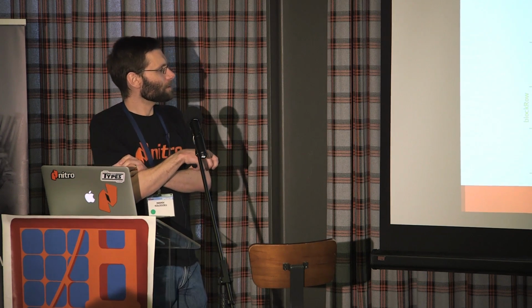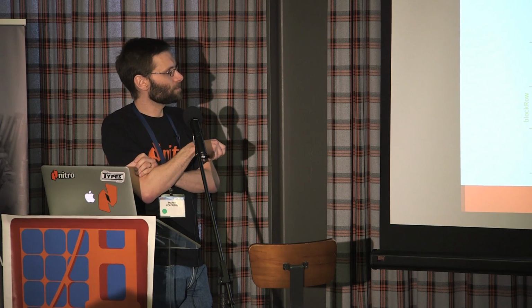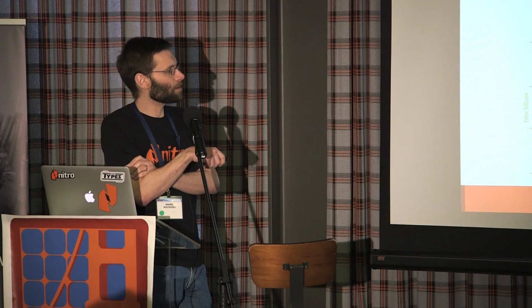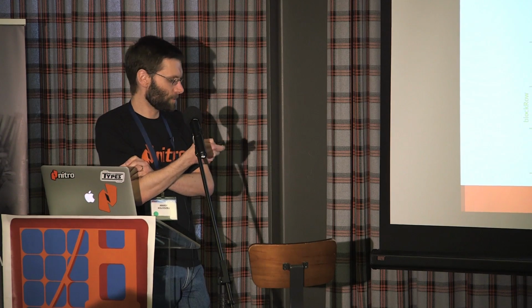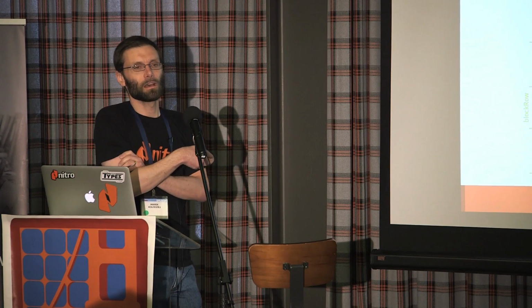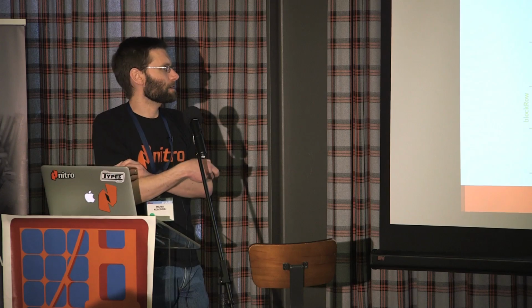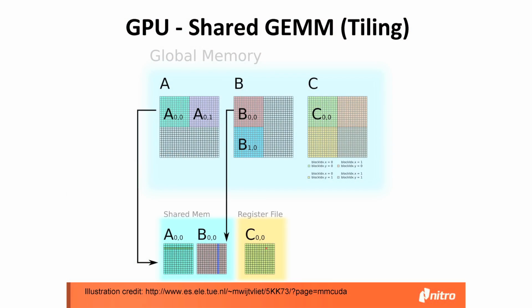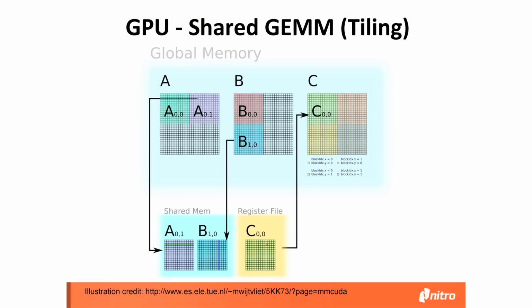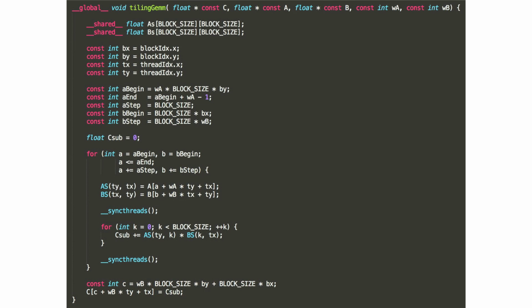And so because of that, once we do this direct copy, all the subsequent computations are going to be based on shared memory, which is much faster than the main memory on the GPU. And so we do the same tiling as we did before. Now, that is unfortunately getting really nasty, because now we have to